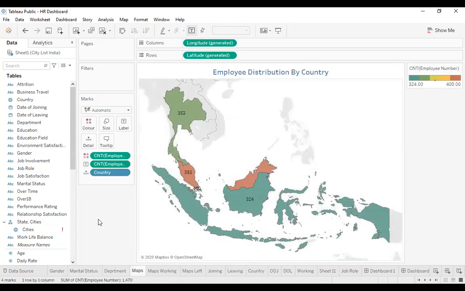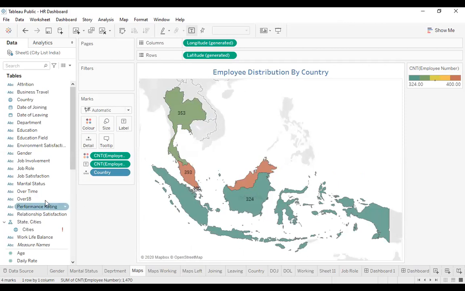Now in this entire data, the employees, we have got a couple of countries here. Now these countries are there. So we have got Thailand, Malaysia, Indonesia, and somewhere small, Singapore we have also. So there are four countries for which the data are distributed. Now this is basically the map that is there.